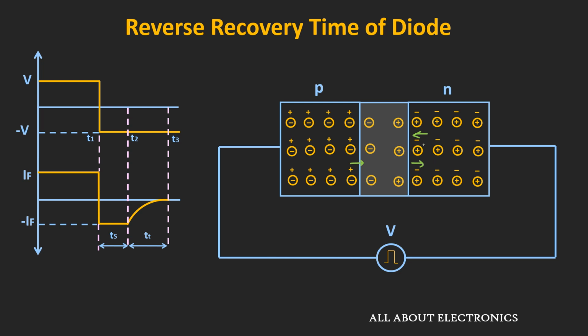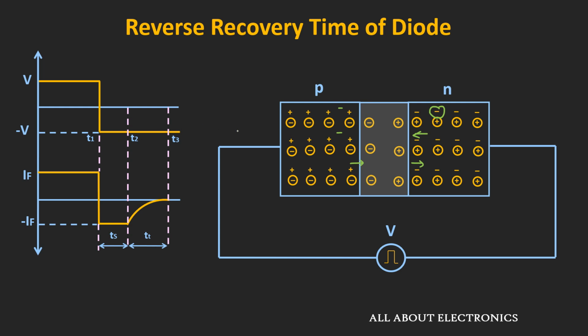But here, to understand this phenomenon, let us concentrate on only one type of charge carrier. So let's say due to the forward bias, the electrons enter the P side region, and once they enter, they become minority charge carriers. But due to the applied biasing voltage, they will continue to move deep into this P side region. Now let's say suddenly at time t1, the applied voltage is reversed.